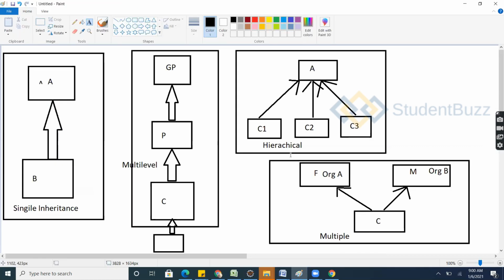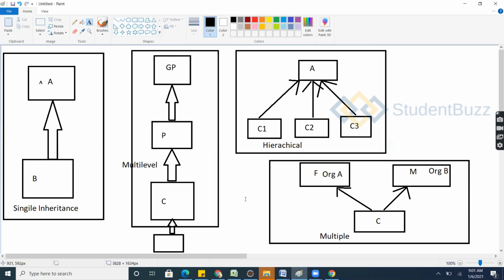It's the same in our real-life relations also, right? You can extend a single one, anyone you can extend. When it comes to multi-level, also you can keep the relationship. And also hierarchical: one parent can have a number of children and the children can have all the access from the parent. One child cannot have multiple parents. In Java also, by using classes, it's not possible to do it. If you guys have any questions, I'm very excited to answer them here, if you are not able to understand anything.